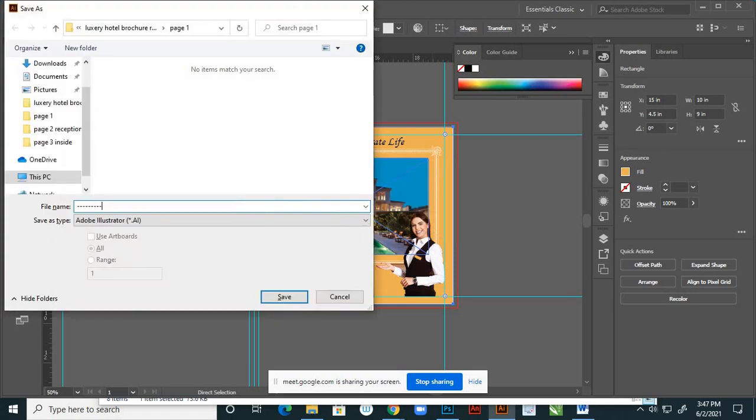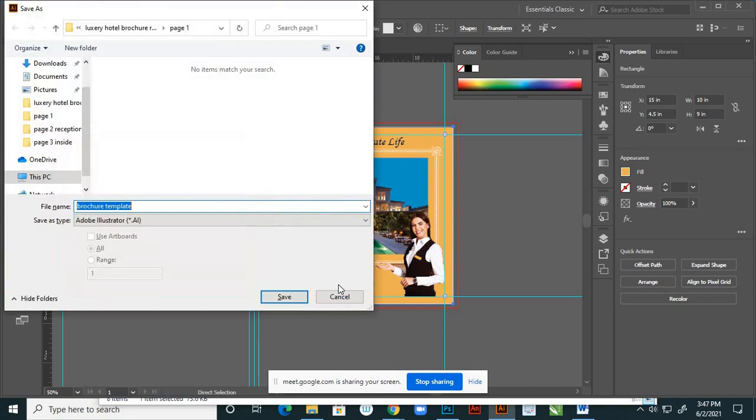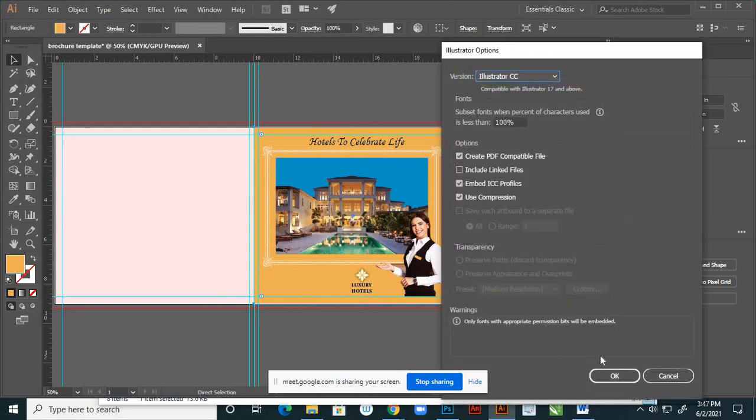So first save this, Control S. This is brochure page 1, and save this. Include linked files, save.